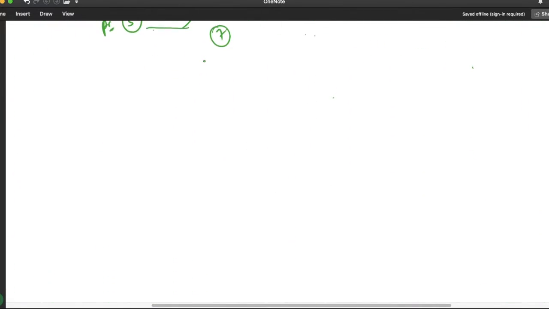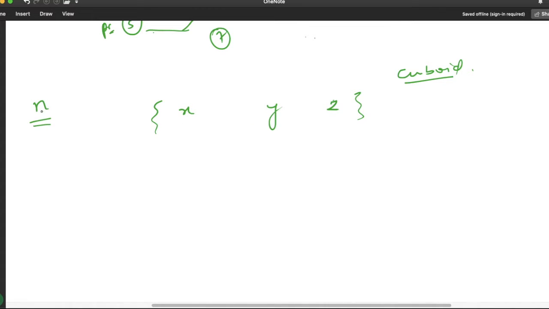So here we are given three values x, y and z. These three values are the dimensions of a cuboid. Along with these three values we are given one n value. Now what we have to do here is print all the possible values given by i, j and k such that i plus j plus k is not equal to this n value,